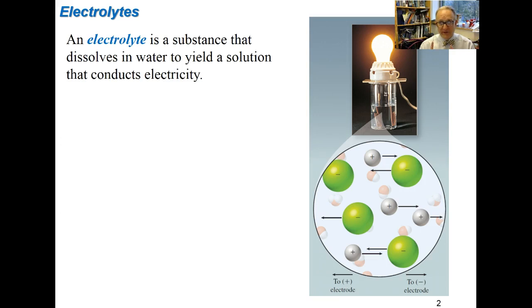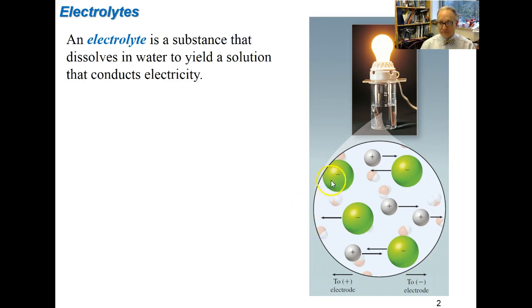The electrodes aren't connected, they're in the water, so there has to be something communicating between those electrodes, taking the charge back and forth to close the circuit and make the light bulb come on. And that's what the electrolyte is. It's a substance that, when it dissolves in water, yields a solution that conducts electricity,